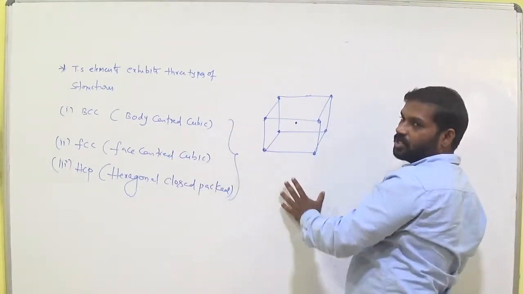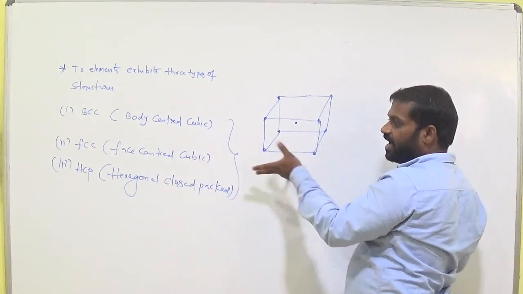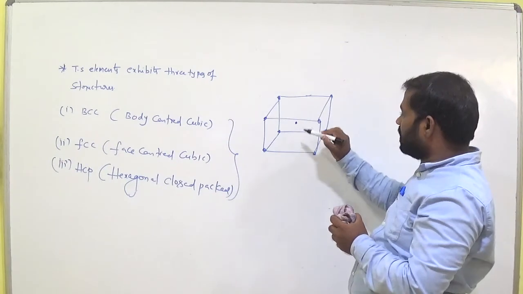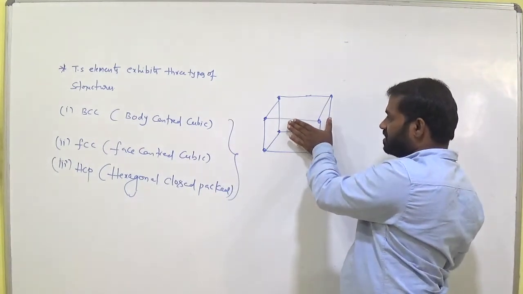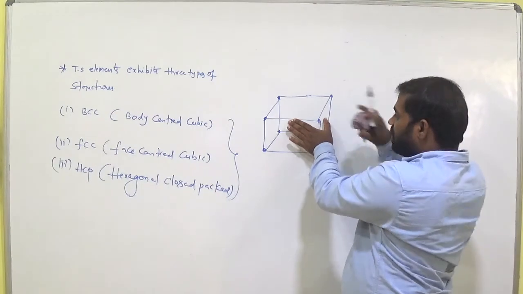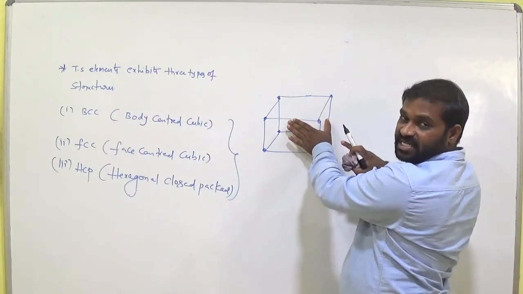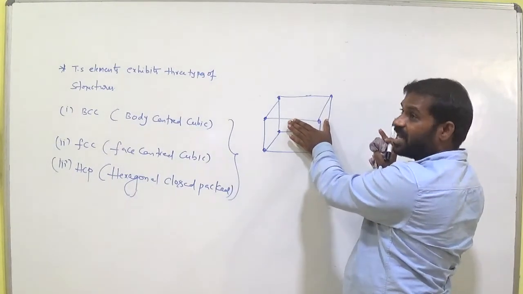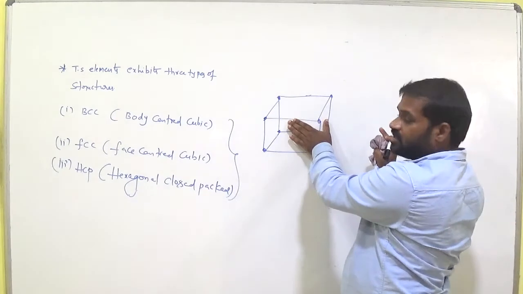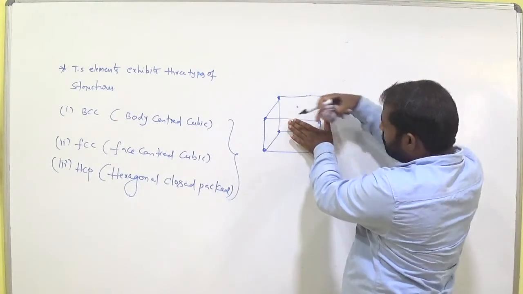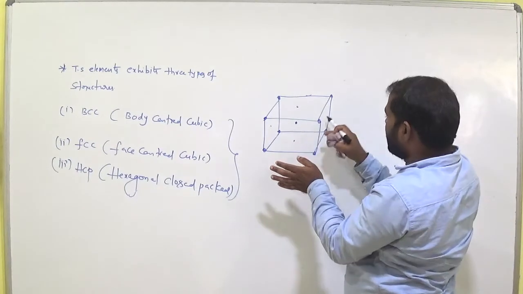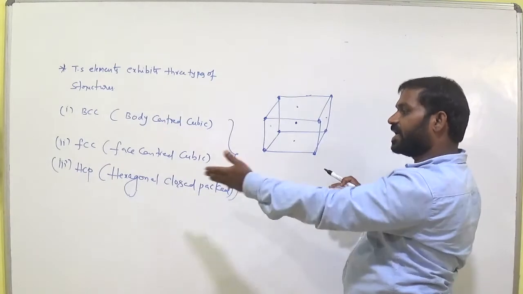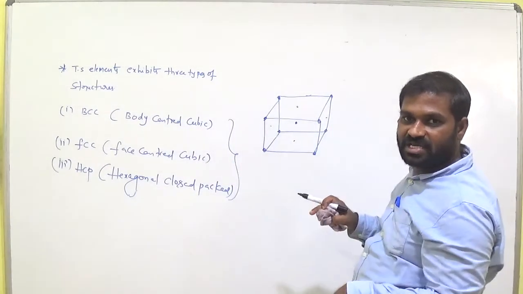Suppose this is a body centered cube. Body centered cube means like this. Face centered means along with the corners, each face consists of one particle. So there is no body centered particle in that case. Face centered means along with 8 corners having 8 particles, and the cube has 6 faces, am I right? A room consists of 6 faces, like a cube. So in the middle of each face, 6 particles again we have. Okay, 6 particles on the faces. Like that, hexagonal closed packed also has its own structure.